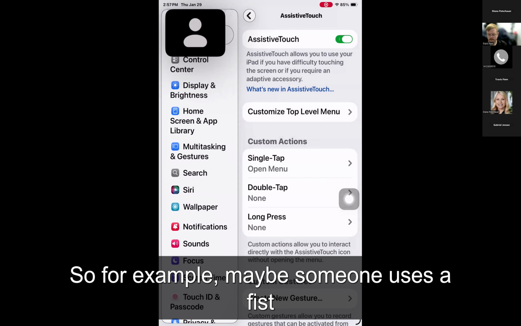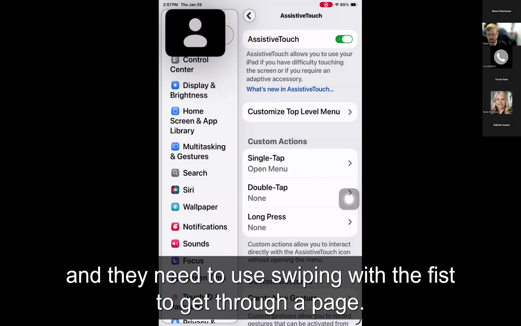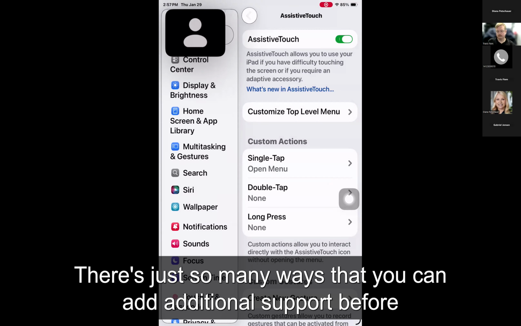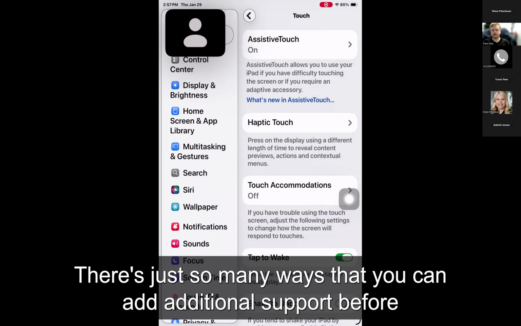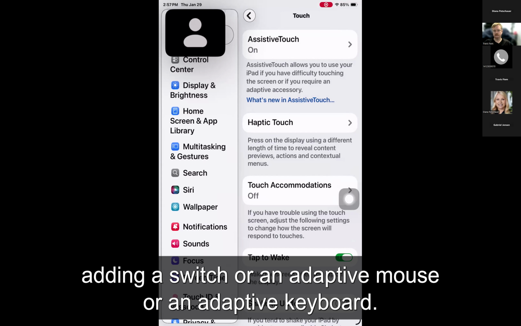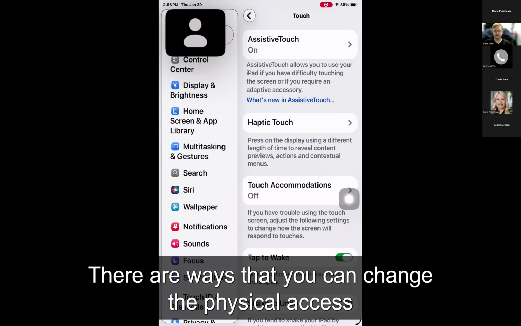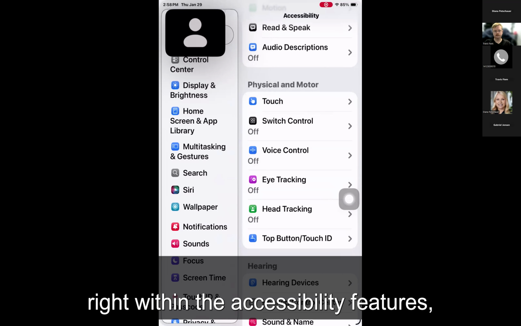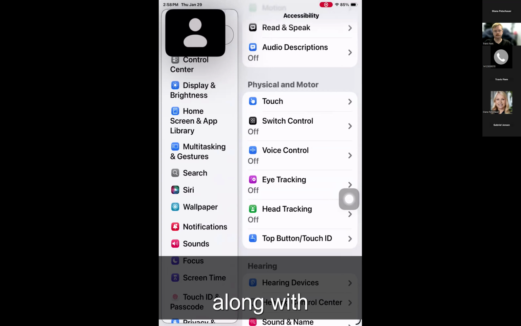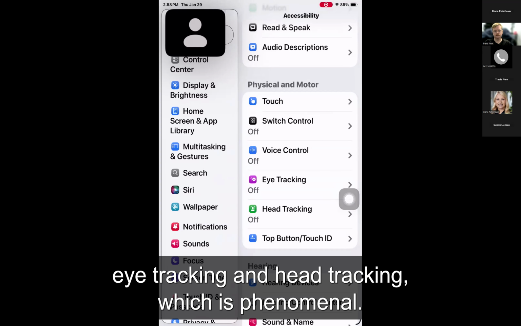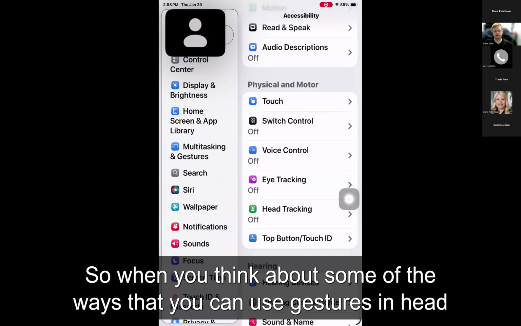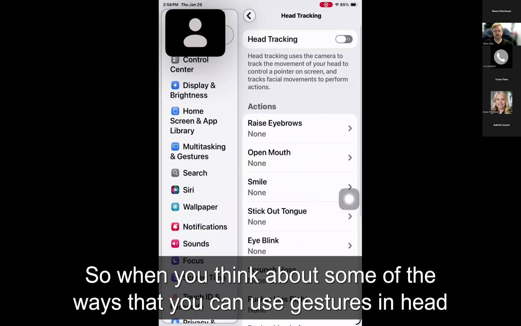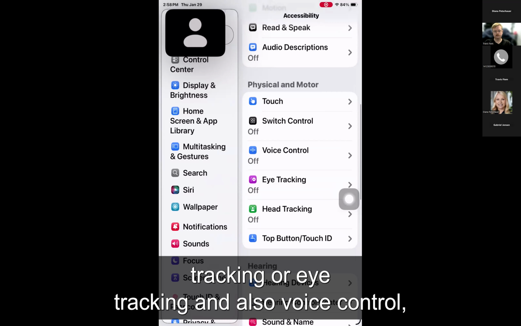So for example, maybe someone uses a fist and they need to use swiping with the fist to get through a page. There's just so many ways that you can add additional support before adding a switch or an adaptive mouse or an adaptive keyboard. There are ways that you can change the physical access right within the accessibility features, along with eye tracking and head tracking, which is phenomenal. So when you think about some of the ways that you can use gestures in head tracking or eye tracking,